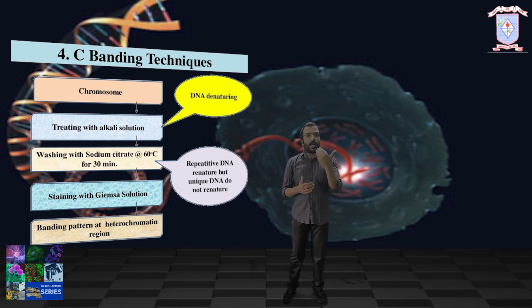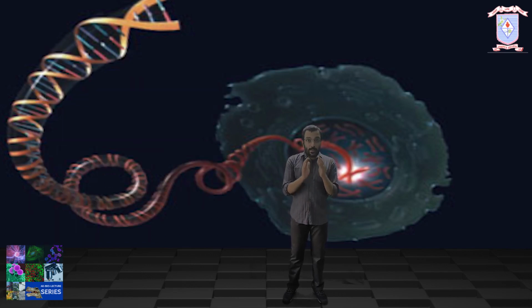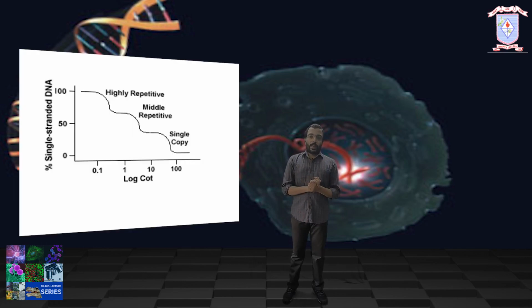Actually, the alkali treatment denatures the DNA, while further treatment using sodium citrate at 60 degrees Celsius renatures the DNA only at repetitive sequences, but the unique DNA sequences do not renature. So the fast renaturation of the repetitive DNA is because of the availability of